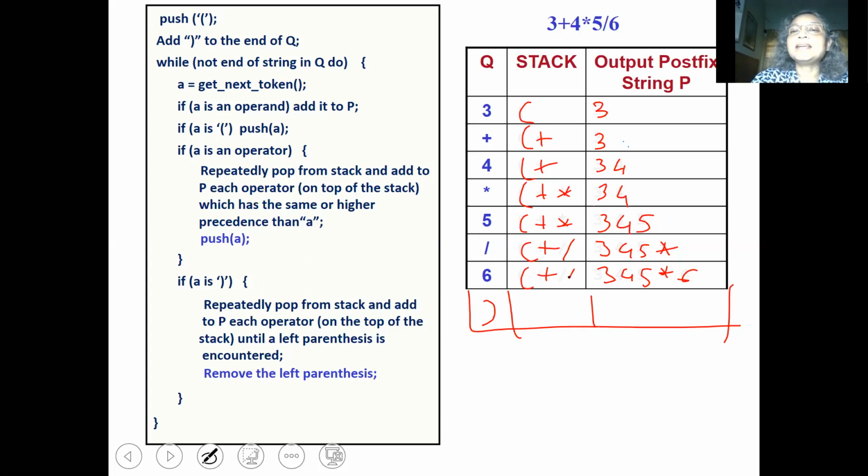And then we get the right parenthesis. And now we will take everything from the stack and we will construct 3, 4, 5 star 6 slash plus. And the stack will become empty. Okay, so this is how we proceed.